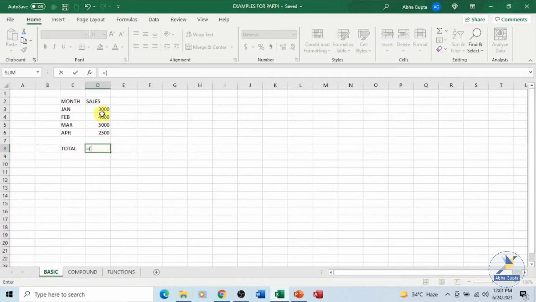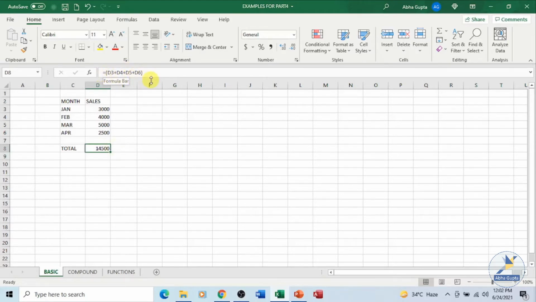Say my data is in cell D3, I am typing plus, then D4, I can simply click and it will appear, or I can type it also, D5 plus D6, close the parenthesis and press the enter key. So you get the sum or the total over here. And if you look at the formula bar here, you can see I have used only the plus operator or the plus sign. Where we are using only one type of operator, that is a basic formula.